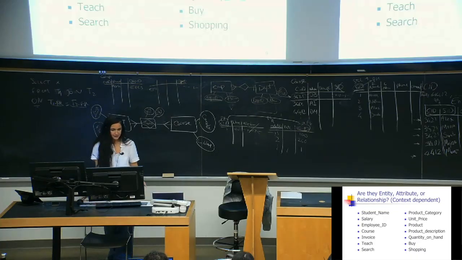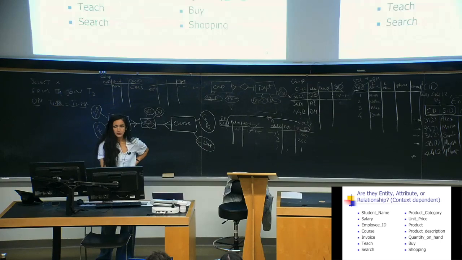So let's practice this together. Let's say if these are entities, attributes, or what? Student name, everyone together: attribute. Salary: attribute. Employee ID: attribute. Course: entity. Invoice: entity. Teach: relationship. Search: relationship. Product category, unit price,